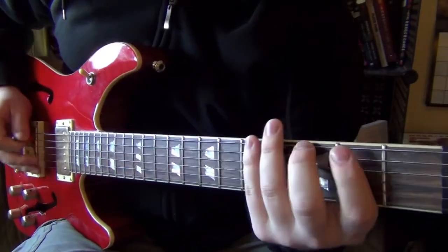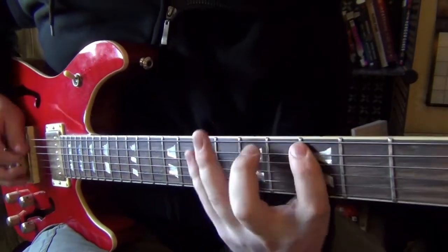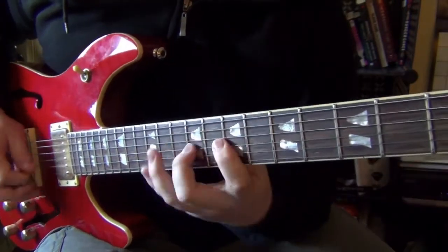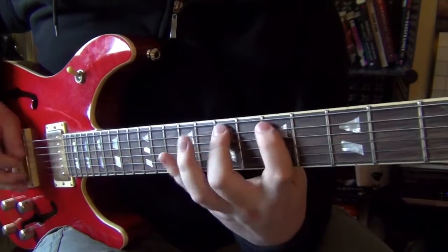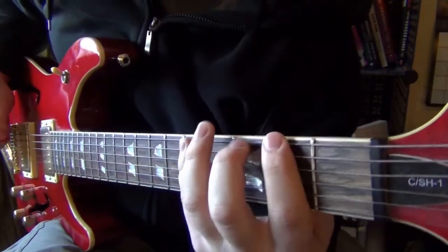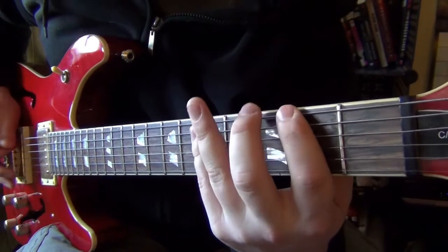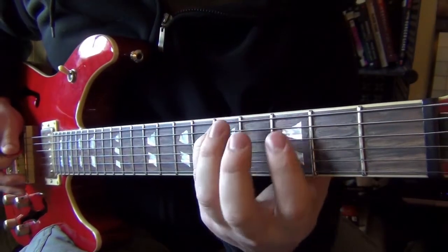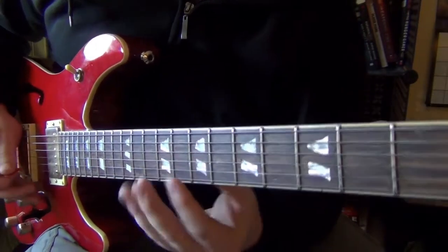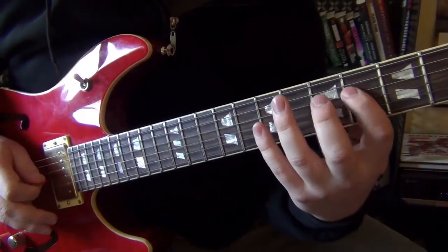And so the exercise goes something like this. And then you just continue going up the frets. And just to show you the pattern in more depth, this one I'm starting on the 2nd fret because I want to. Then you're going up 1 octave, and then up another octave. And the idea is that each pair of strings has the same pattern. So if you can see here,